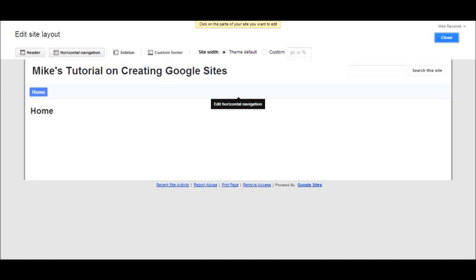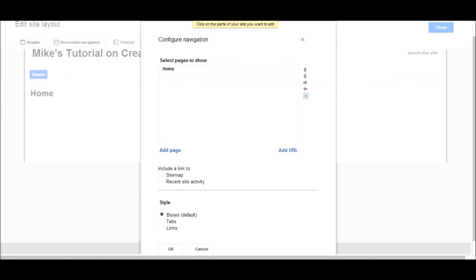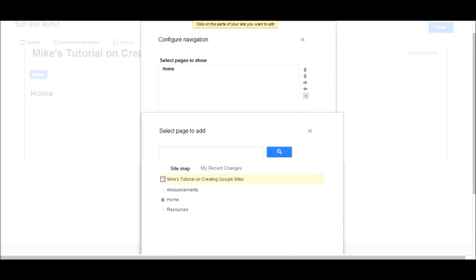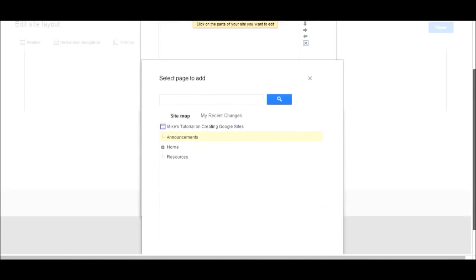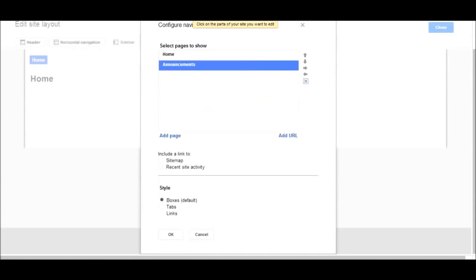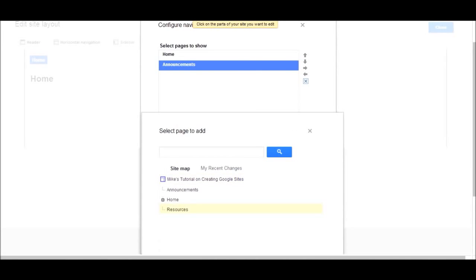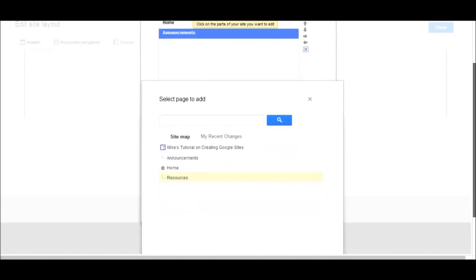And so you can actually click on the horizontal navigation bar, and what you'll see is that we only have one page in here right now. And so we can add the two pages that we just created by going in and adding them individually. So we want announcements, and we also want our resources page. And so we can add those,